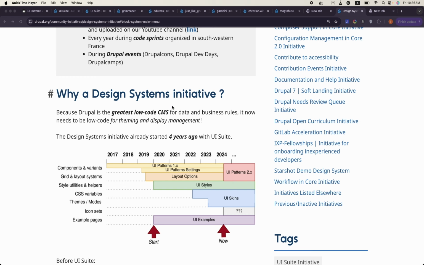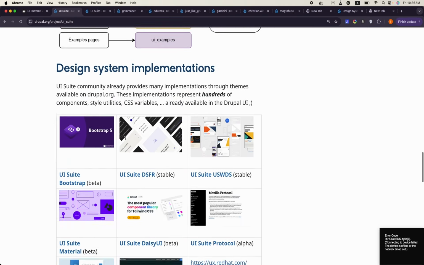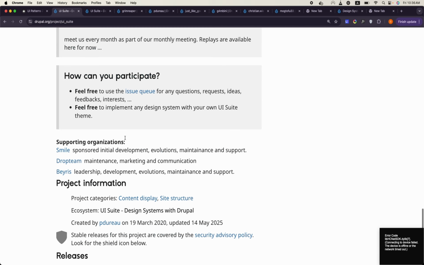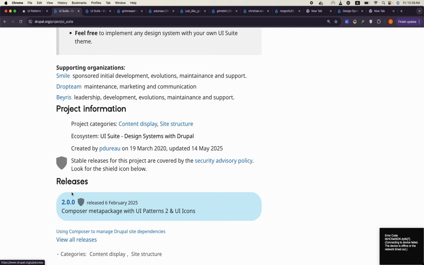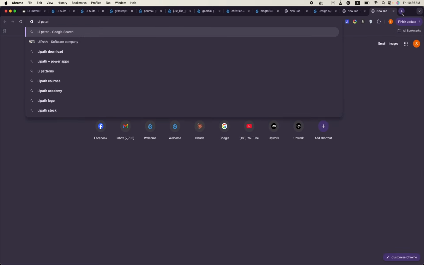So we will study a few things, and we already know what single directory components are. There is a module which is actually a suite of modules, a collection of modules. Now they have grouped them into one single module, and if we install it, all of the contained modules are available for us. So this is the one we will install, UI Suite. But the individual modules also, for example, one of the modules is UI Patterns,